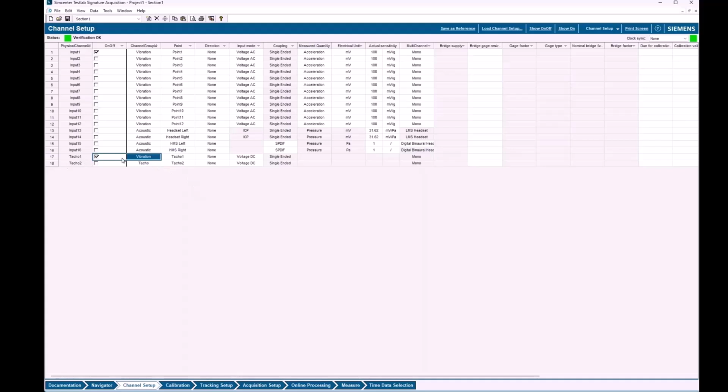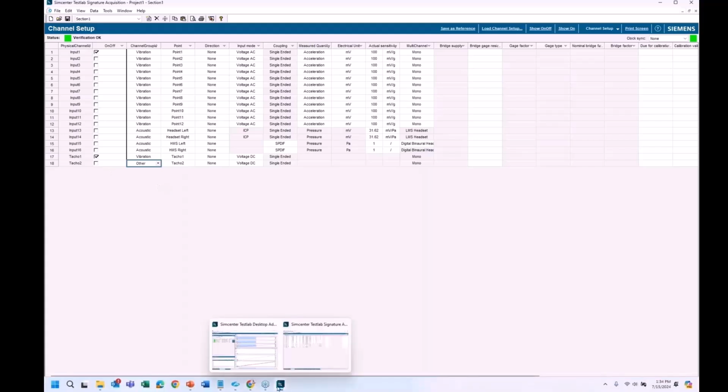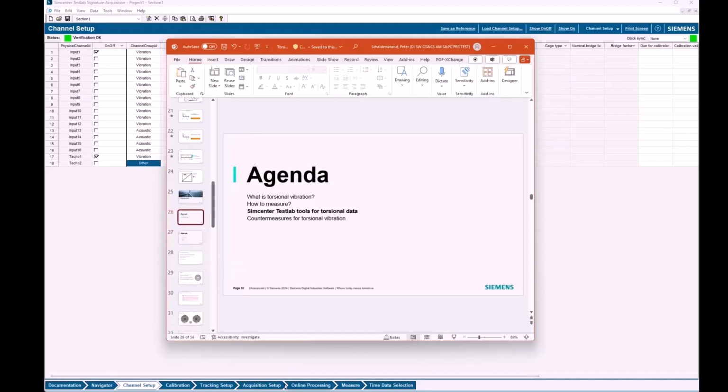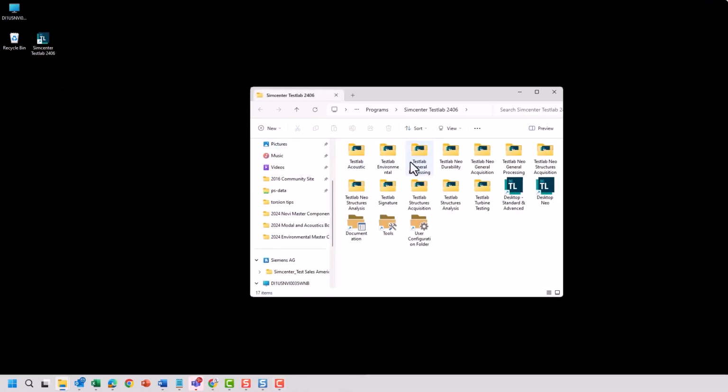Yeah. So it's not a mistake that we allow the tachometer channel. By default, it's set to tacho group, but we also let you put it in the vibration or the other group so that you can do things like this torsional analysis and still use it as a tacho. And you don't even have to do any teeing physically. Nice. Hopefully that was a good tip. That's a good tip. We're going to save a lot of money in tees now, BNC tees. Yeah, thousands are just saved by that tip.